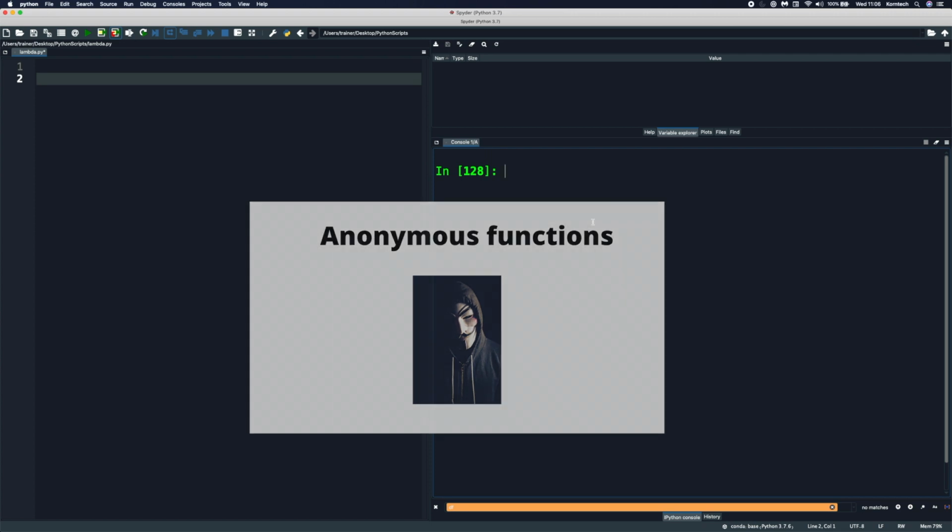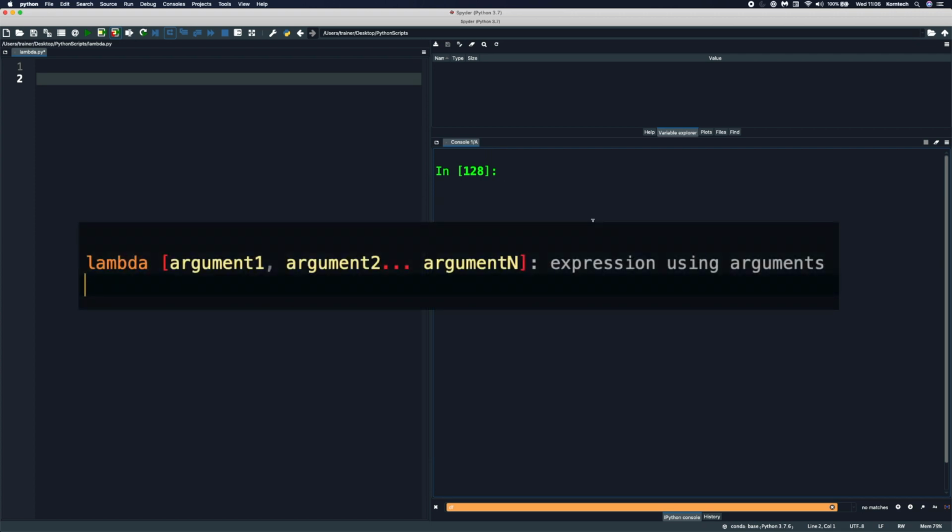And when it comes to lambda syntax, we create a lambda expression using the lambda keyword, starting from the left. Then we define zero or more arguments in our lambda expression. And once we're done with our arguments, we put the colon. After the colon, in the lambda's body, we type our expression. You can think of this expression as what you would put in a normal function in its return statement. And actually, now that we have some theory behind us, let's hop into Spyder IDE and create a